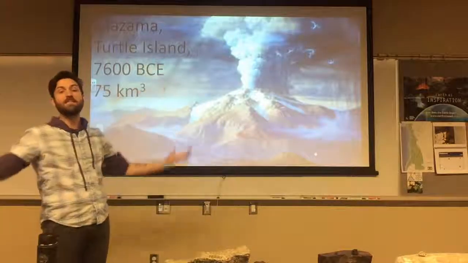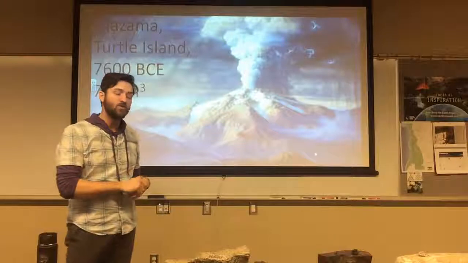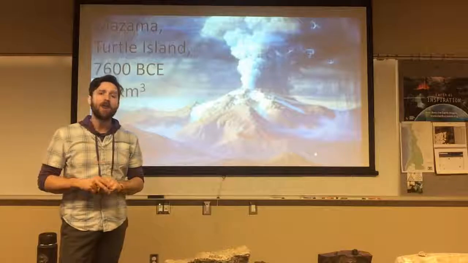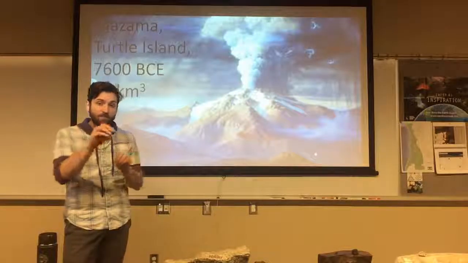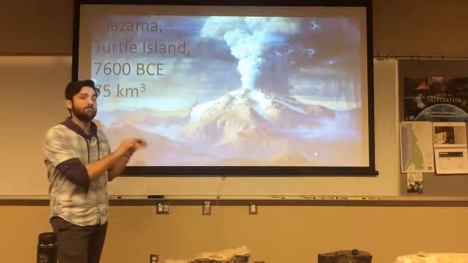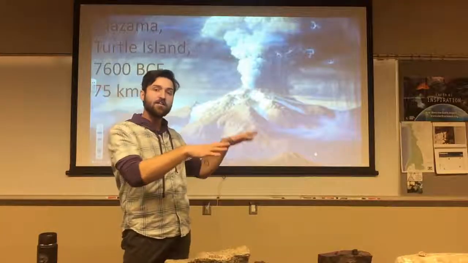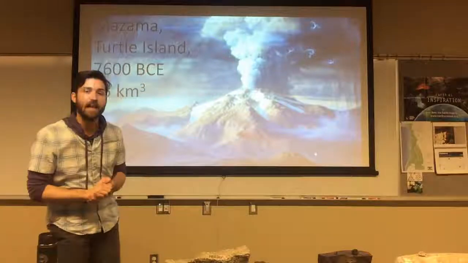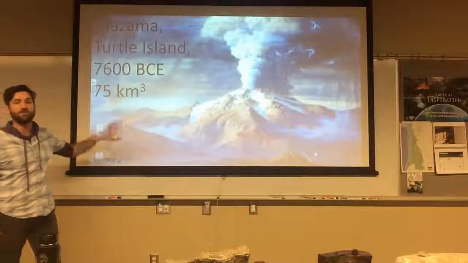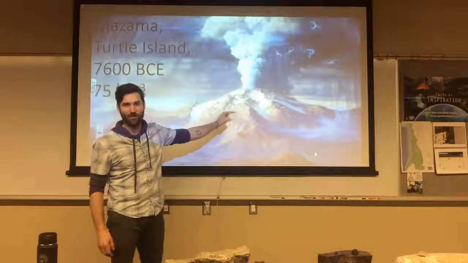Blew its top in a huge, amazing eruption, and the ash can actually be seen all over eastern Oregon. If you go visit the Christmas Valley area, a wonderful area that I like to go, there is ash still on the landscape, little yellow bits of pumice that are leftover remnants from this eruption. They can be found in lakes out here in eastern Oregon, and the further you go towards the Cascades, there are areas of huge, thick sections of this ash left over from this eruption. Again, 75 cubic kilometers of material ejected from this. This is modern-day Crater Lake, the jewel of the Cascades.